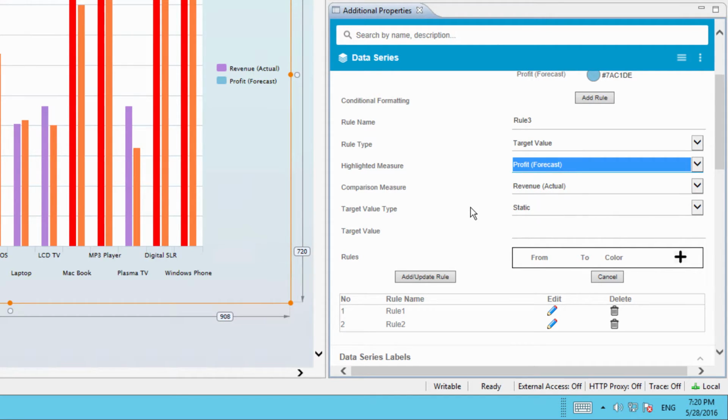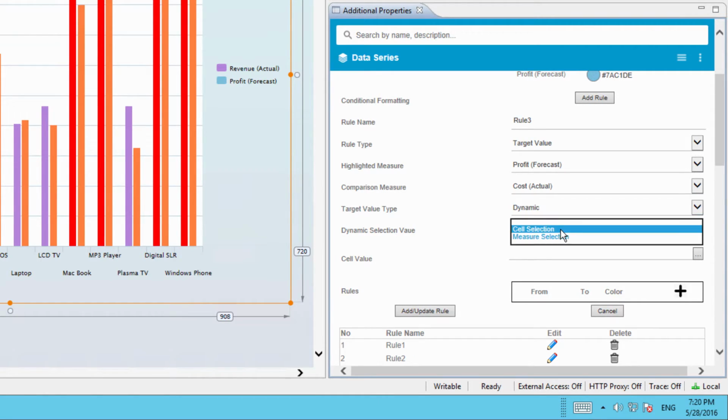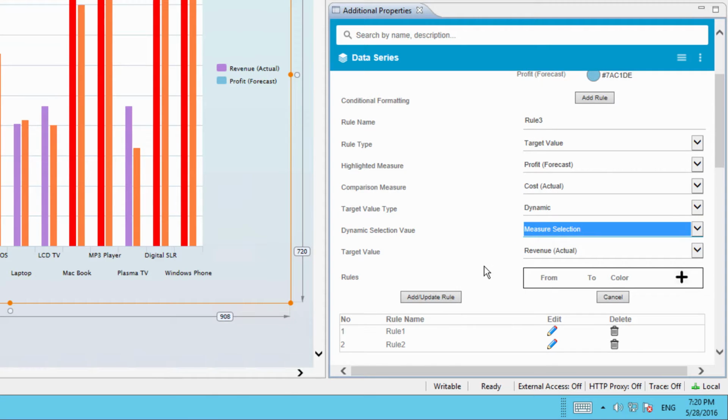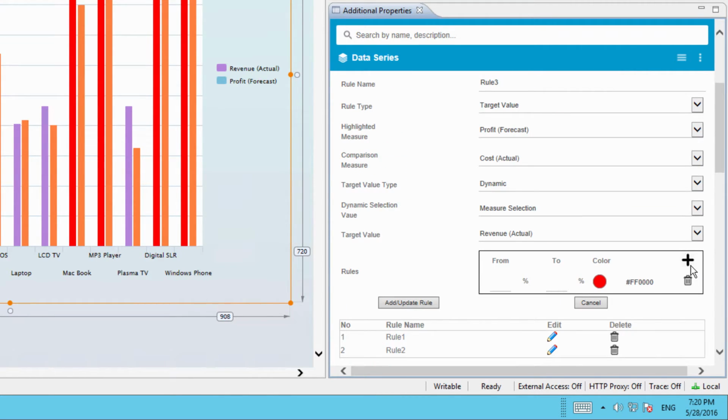The comparison measure in our example will be the cost, and we will set up a dynamic target value, which in our case is another measure, and this time it will be the revenue. So we're comparing the cost against the revenue, and we can set up now several rules